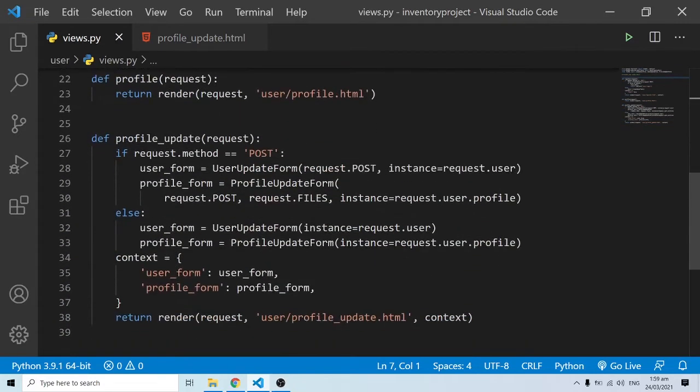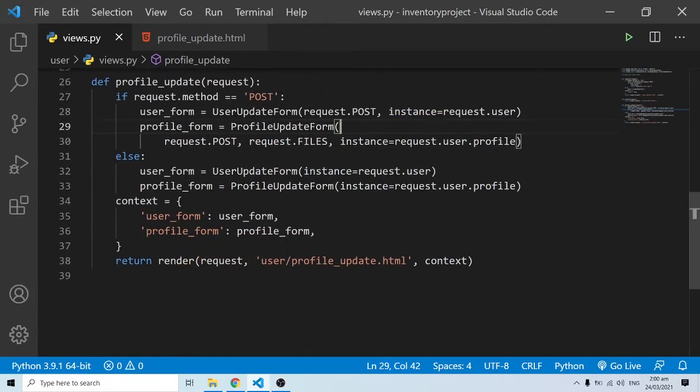But as far as the update is concerned, we are kind of modifying things. Now remember, we have the request.post, which we are quite used to, but also we are saying that instance is equal to request.user. We are going to see exactly what is going to happen if we have this instance there and if we don't have the instance there. Now, the reason why it is prudent we use context dictionaries over here is the fact that you can see that we are passing multiple forms or multiple data over here, and we can all have access to it in this profile